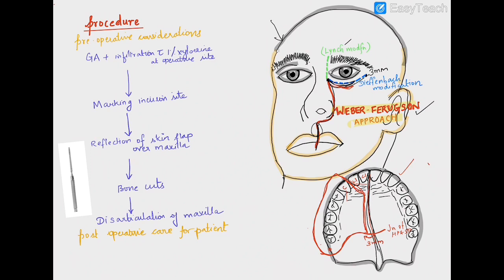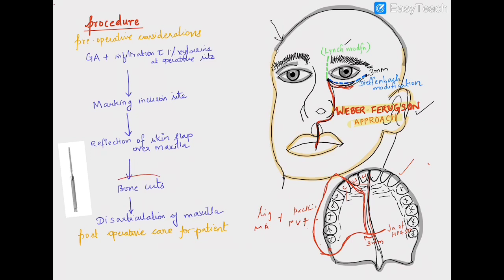Remember that you have a lot of blood vessels in this region, like your maxillary artery, alveolar artery, etc. If you remove or cut the bone in this area, there will be severe hemorrhage or bleeding. To control this, you have to ligate the maxillary artery, and the venous drainage will be through the pterygoid venous plexus, so you have to pack your pterygoid venous plexus also. These are the two methods by which you can control the bleeding: ligating the maxillary artery and packing the pterygoid venous plexus.